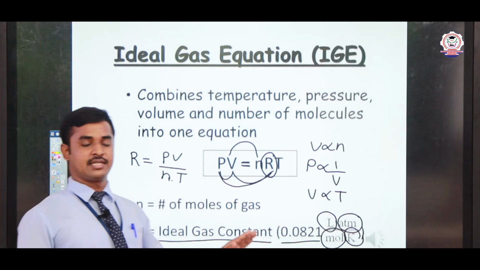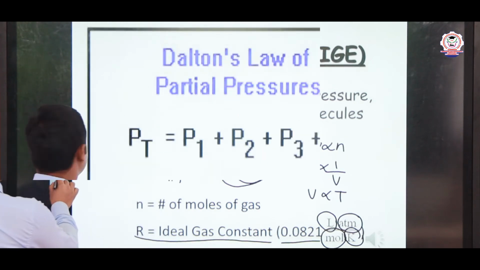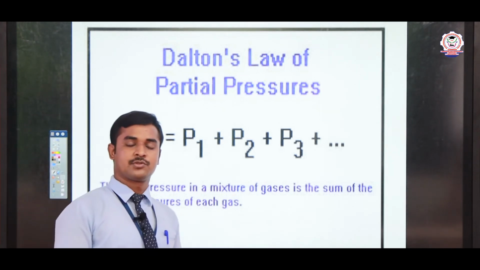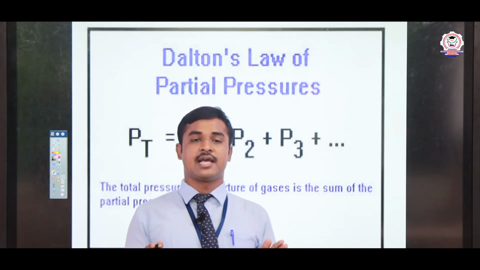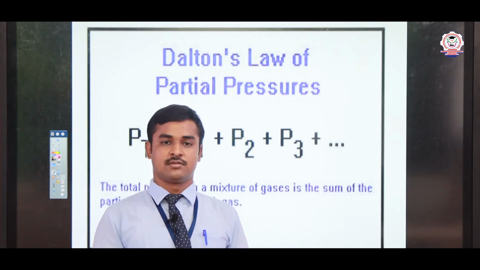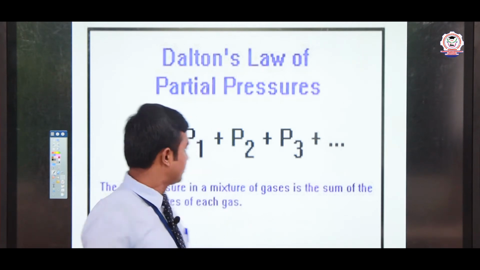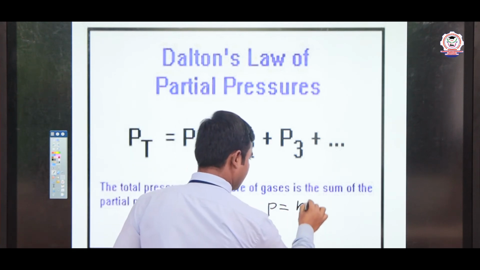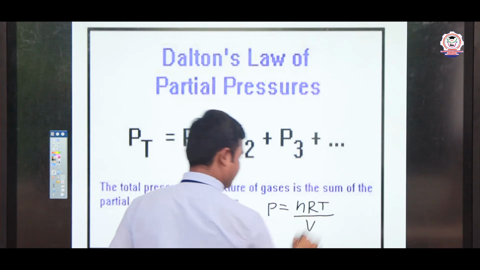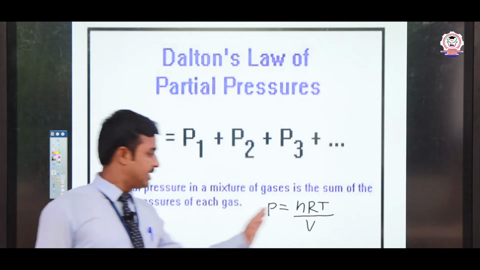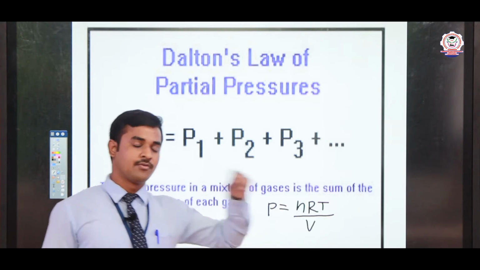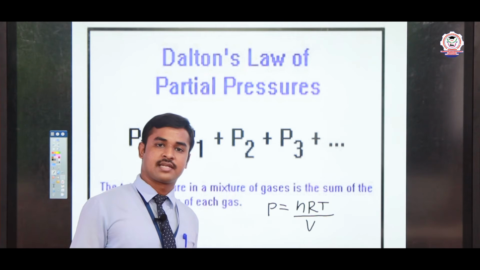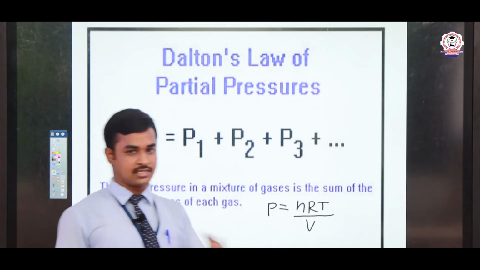By knowing this, we can go to the next one, our second topic: Dalton's law of partial pressure. To find the total pressure, we add the partial pressures of the container. How can we find the pressures? Let us take the formula for pressure: P is equal to nRT divided by V. Why do we choose this formula? PV is equal to nRT is the ideal gas equation. From this I derived the value for pressure only, so the remaining values go to the right side, and we get nRT divided by V.